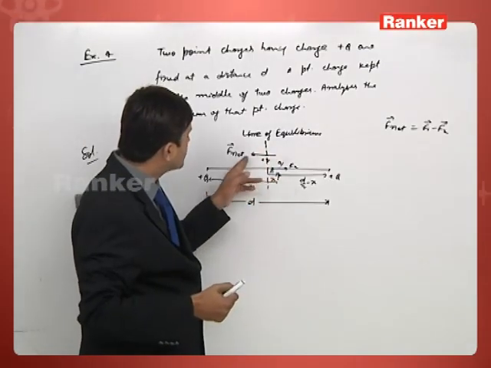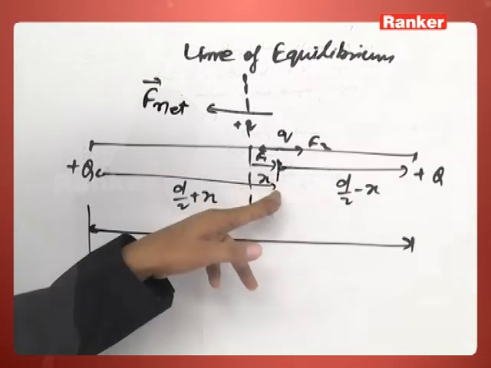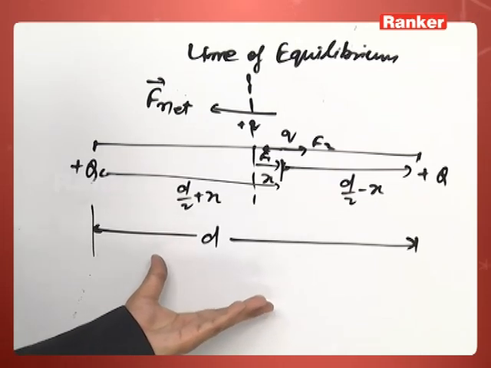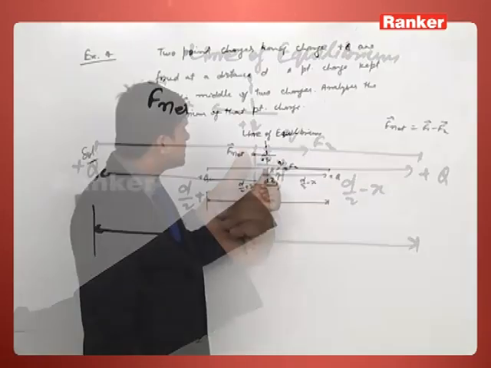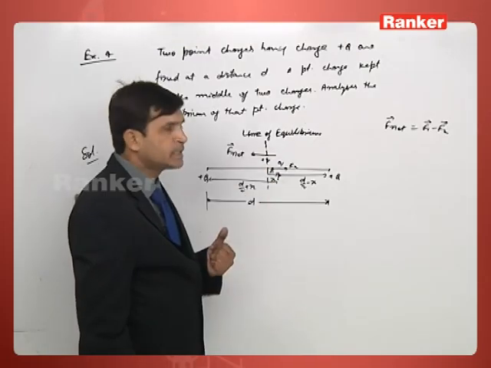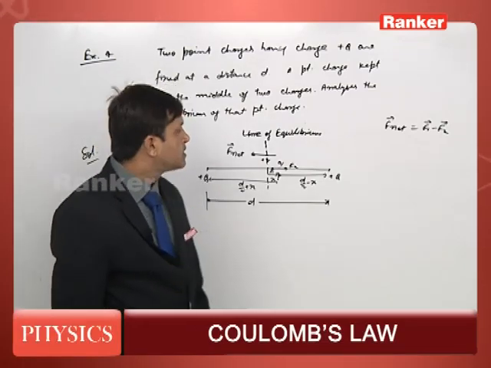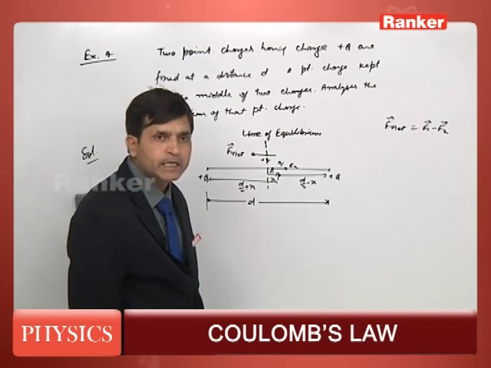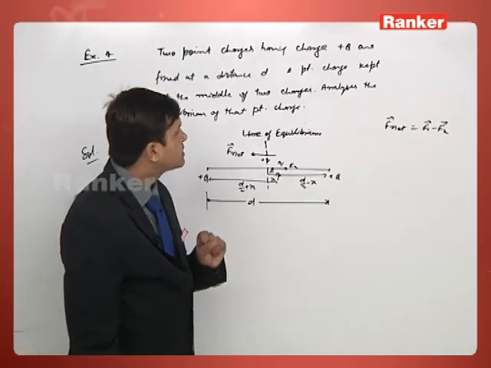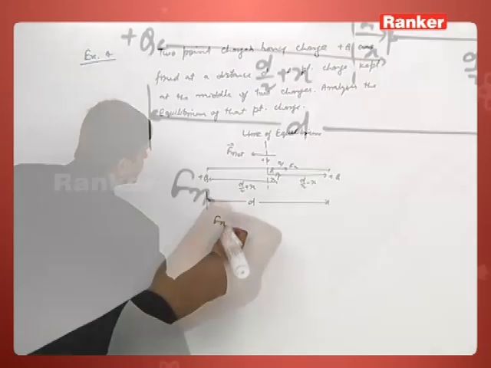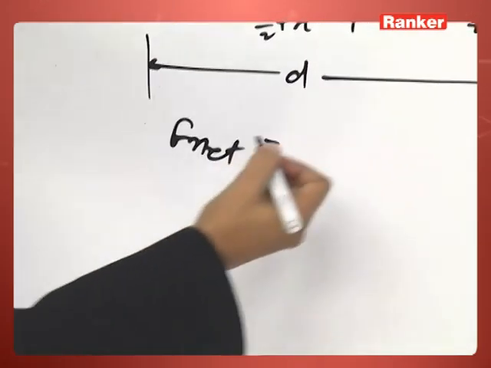That net force is acting opposite to the direction of displacement. It means the particle, when it was at the equilibrium position, was in stable equilibrium. So when it is in stable equilibrium, see the important point here. F net can be written as